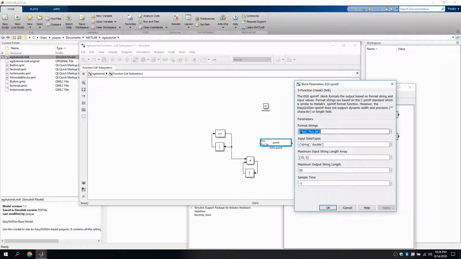We haven't seen the sprintf block in operation, so let's pull one into the model. For the sprintf block, see that we have an integer, a string, and a double as inputs.